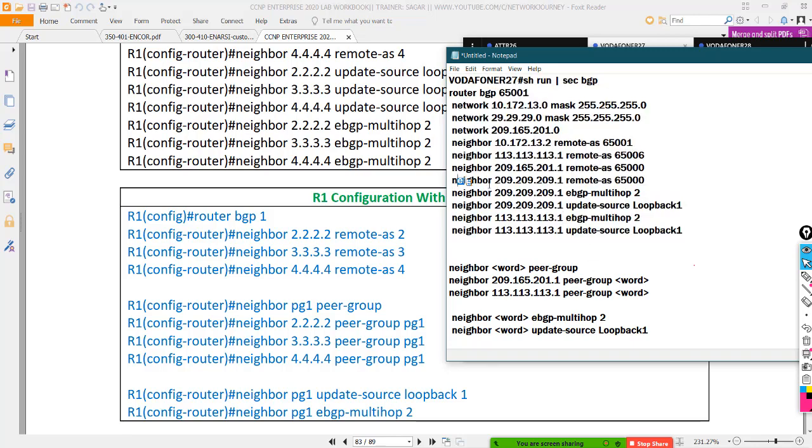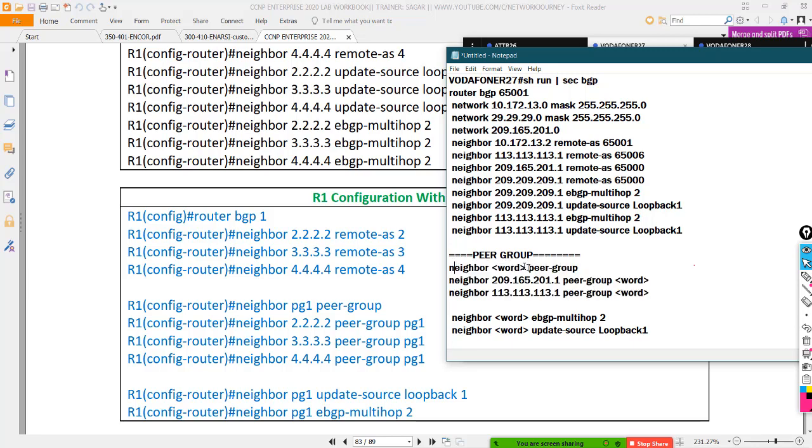For every neighbor, I'm going to define its own parameters. If I have this neighbor, I define its parameters. If I have 10 different neighbors, I define parameters individually. But in the case of a peer group, I create a policy.